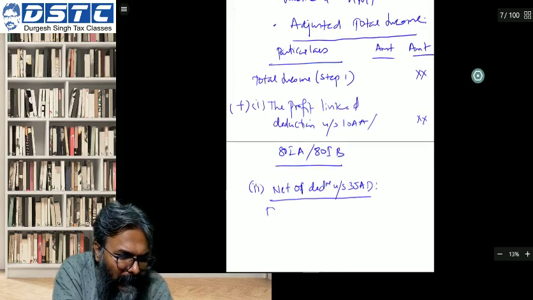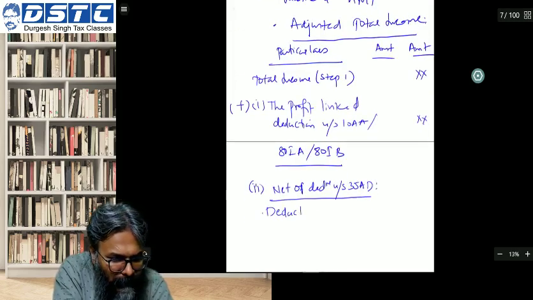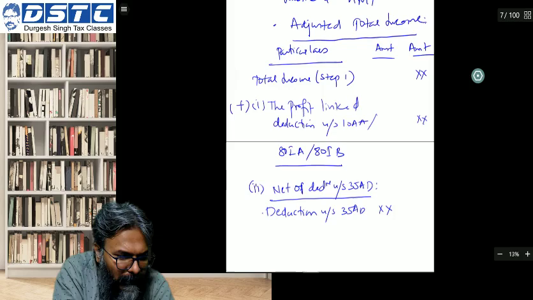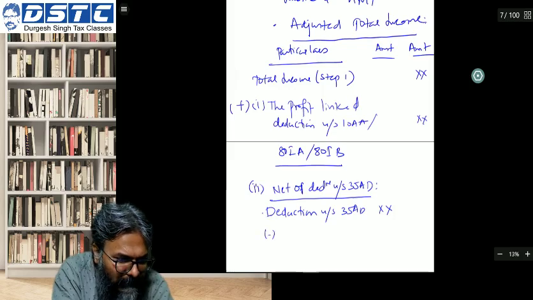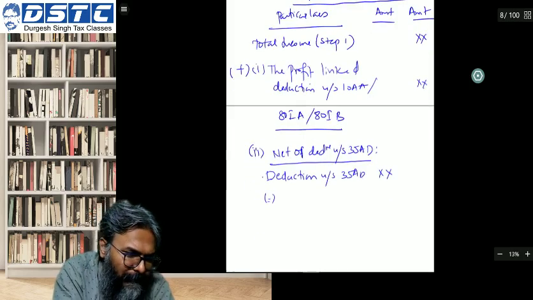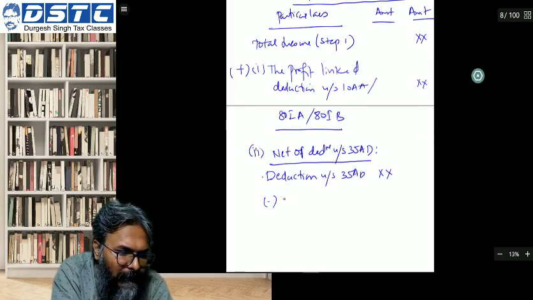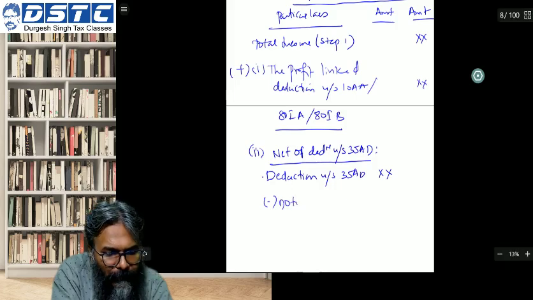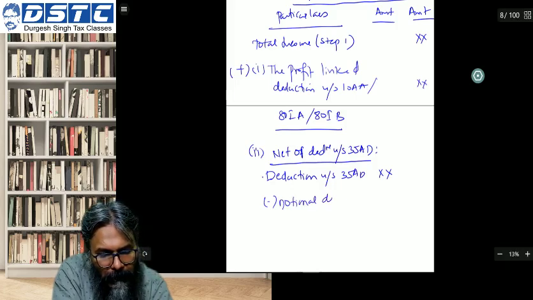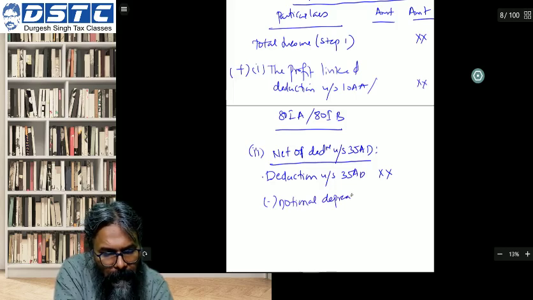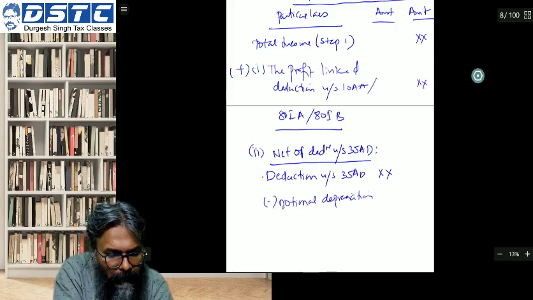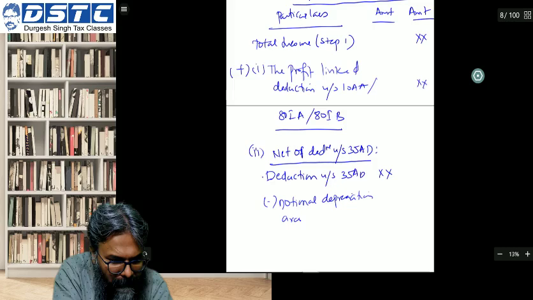This will be calculated as the deduction under section 35AD, whatever amount that you have claimed, and from this deduction you are going to minus the notional depreciation available,